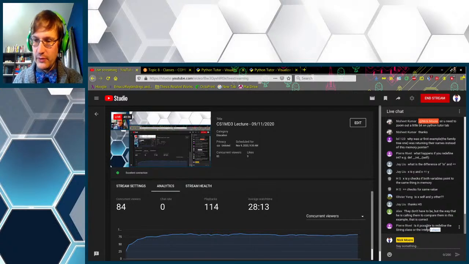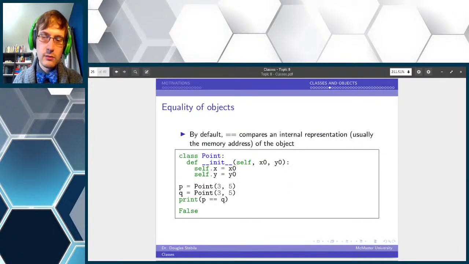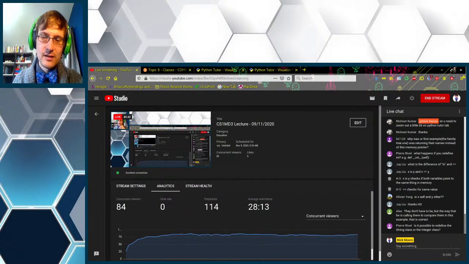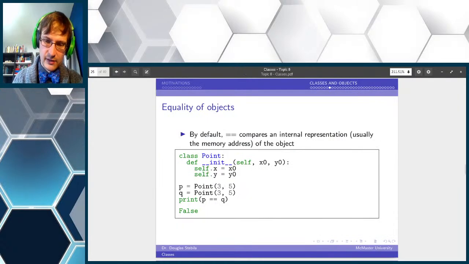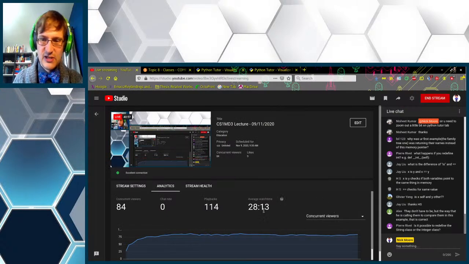Is it possible to redefine the string class or the integer class? Probably. But if you wanted to make modifications to string or integer, making modifications directly might cause problems in many non-specific ways.